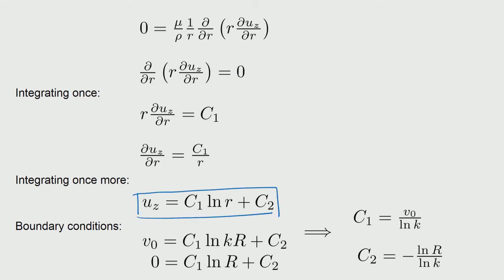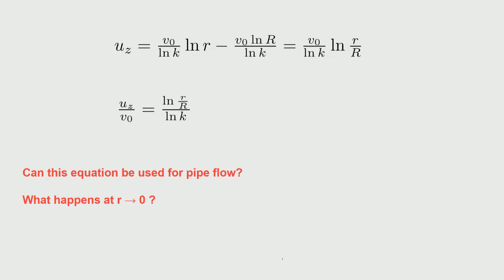So when we integrate twice, we get 1 by r, and then the second time we get logarithm of r, and the boundary conditions will be used to determine the values of C1 and C2. So they are written here. So you just have to substitute, and then if you subtract the second equation from the first equation, you get the value of C1, and you substitute the value of C1, then you get the value of C2. So once you get that, you can write the uz as a function of r, and then simplify it, and then it looks like this.